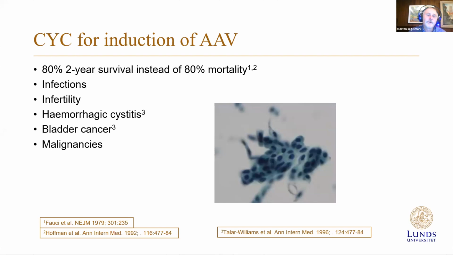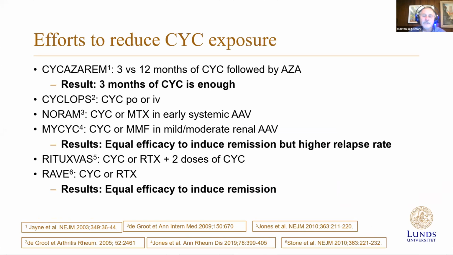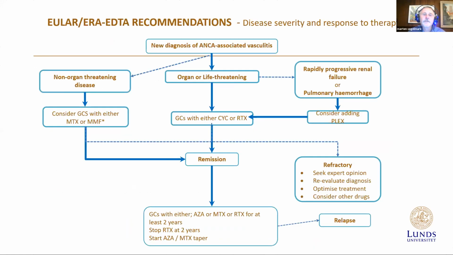He introduced cyclophosphamide in the treatment of GPA. But cyclophosphamide has a lot of disadvantages, causing infertility, infections, and cancers. So for that reason, there has been a series of studies made to reduce the exposure of cyclophosphamide through the years, which have led to the current recommendations that in less severe diseases, those affecting only the nose, you can start with methotrexate or MMF instead of giving cyclophosphamide. And in more severe cases, it is possible to use rituximab instead of cyclophosphamide, even though cyclophosphamide is still considered as a